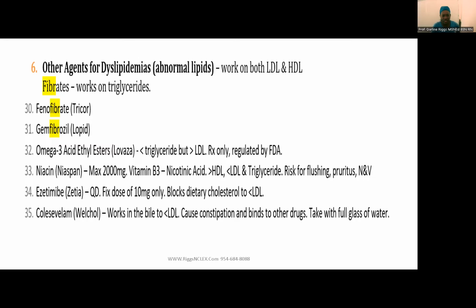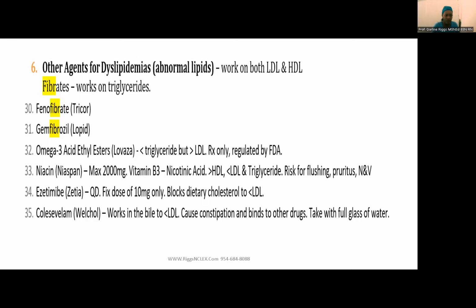Not many questions on cholesterol, but it works in the gut to decrease that LDL. And the client should be very hydrated on this one, okay? And we wouldn't want to give these with other medications, so they should be at least 2 hours apart, and they should stay hydrated. So a few little craziness you need to remember